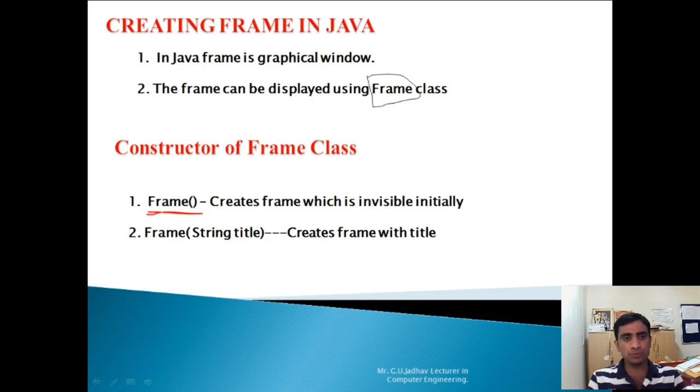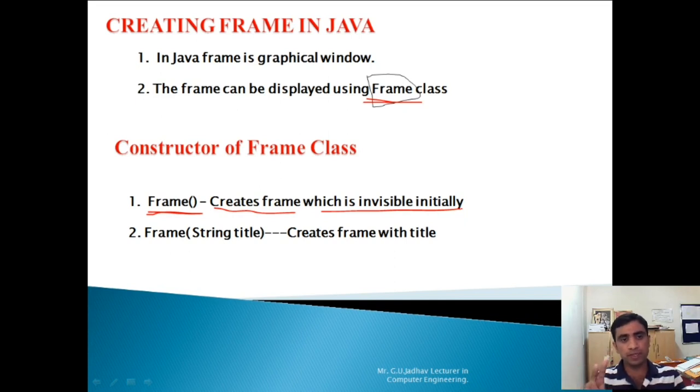If we instantiate an object of the Frame class using this constructor, it will create a frame, but that frame will be initially invisible.